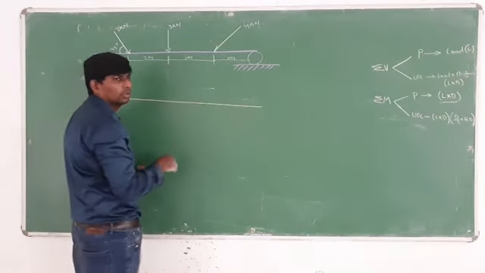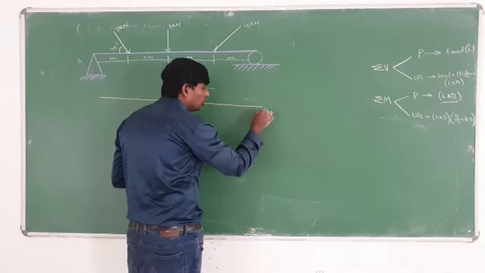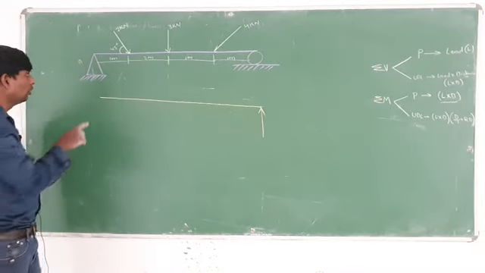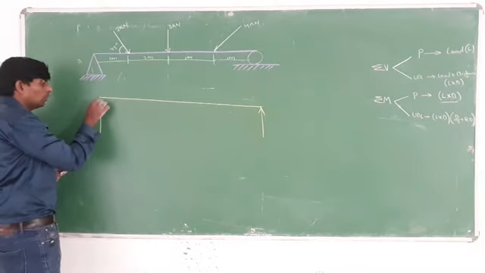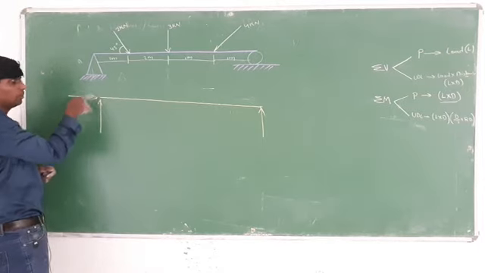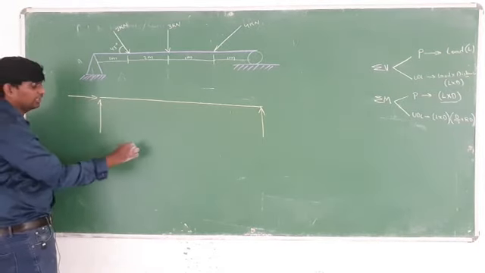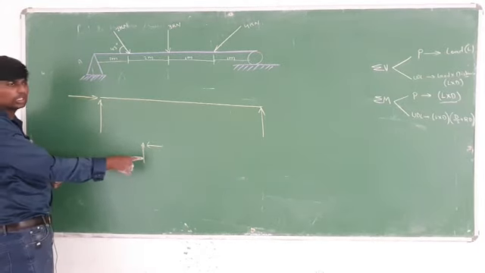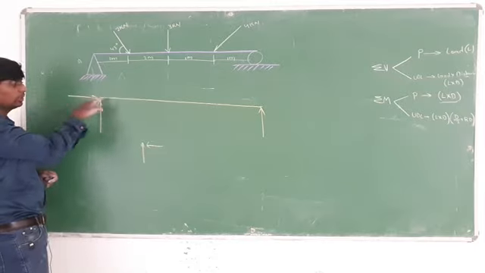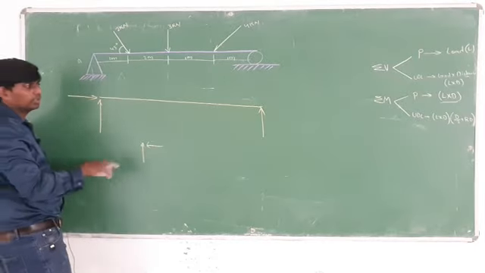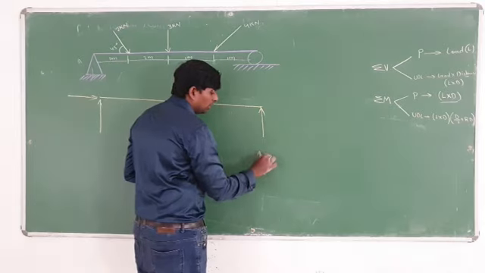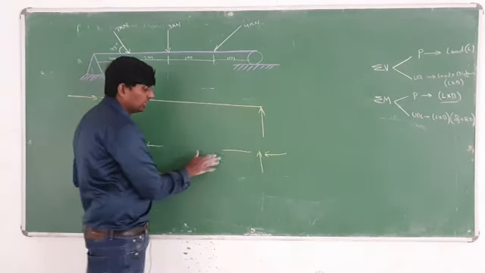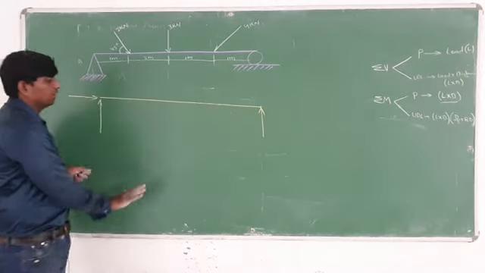Here which support is there? I told you for the roller support you have to take only the vertical. For flat support I told you, you have to take vertical as well as horizontal. If this side is there, like this, towards the beam, always the horizontal will be towards the beam. Suppose it is here, how will I take it? Like this and like this, this is towards the beam, this is my beam, clear? Any doubt till here? Clear, all of you?